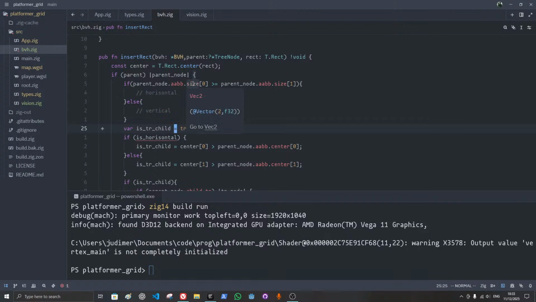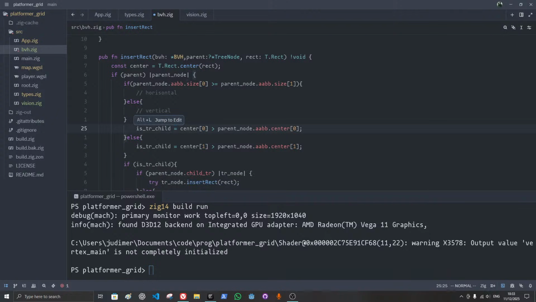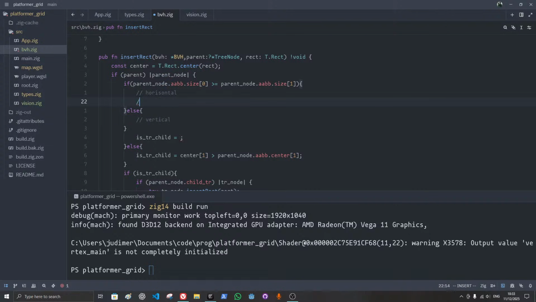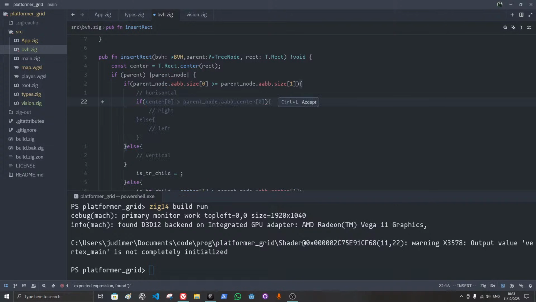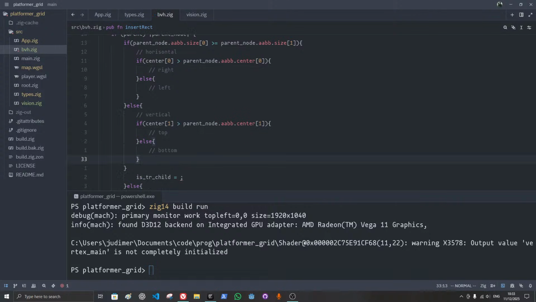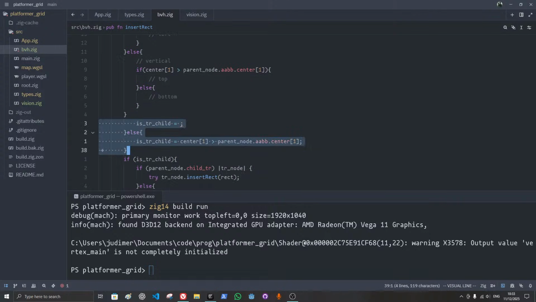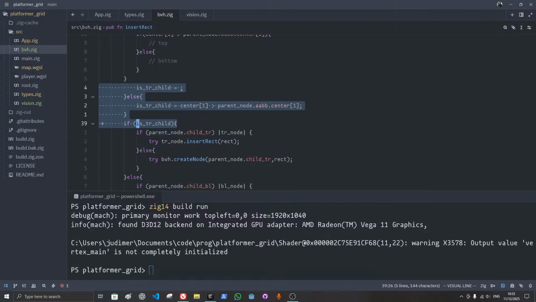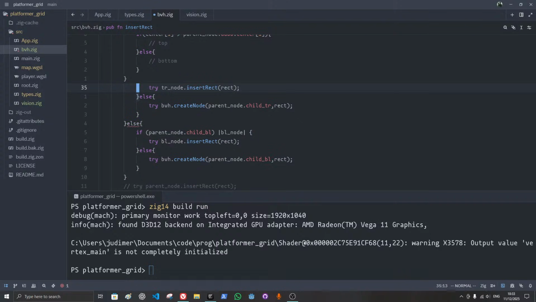And then if it's horizontal, if this. If it's vertical, okay. And then, okay, I need